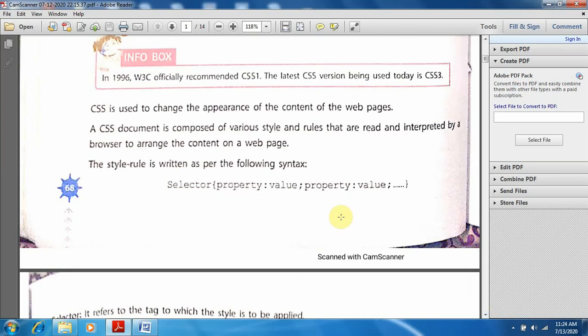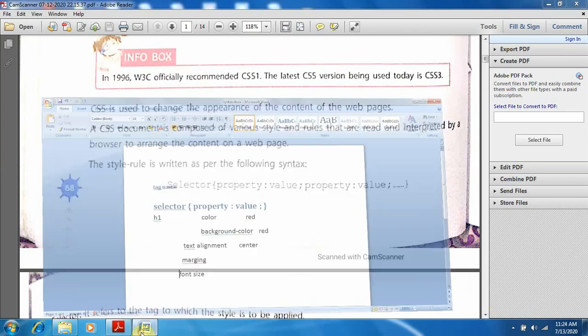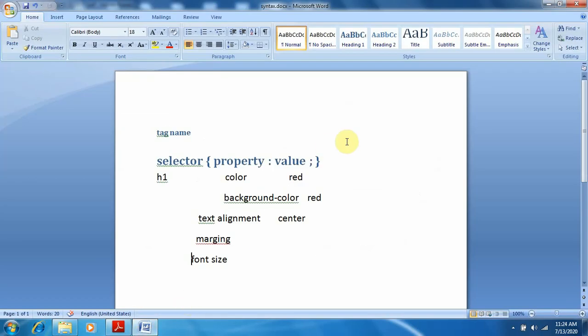Now for this, firstly we have to learn what is the syntax of CSS. Okay, now what is the syntax of CSS? This is the syntax. Firstly, we have to write the selector. Now what is a selector?